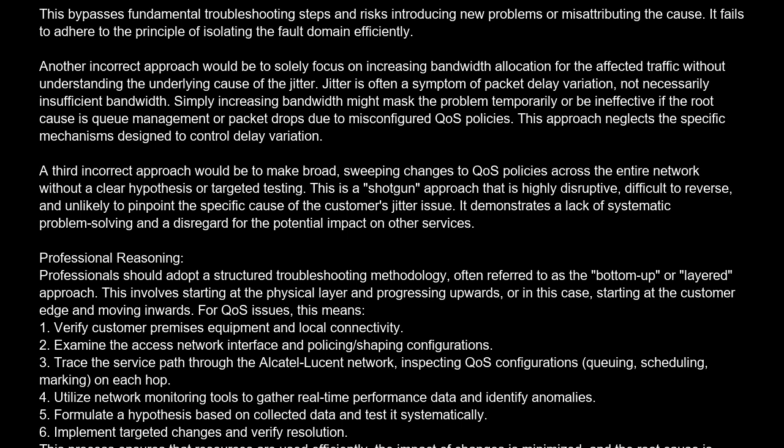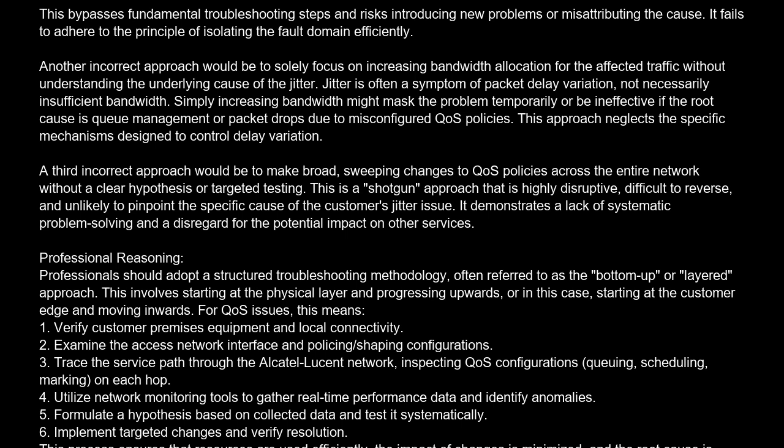A third incorrect approach would be to make broad, sweeping changes to CoS policies across the entire network without a clear hypothesis or targeted testing. This is a shotgun approach that is highly disruptive, difficult to reverse, and unlikely to pinpoint the specific cause of the customer's jitter issue. It demonstrates a lack of systematic problem solving and a disregard for the potential impact on